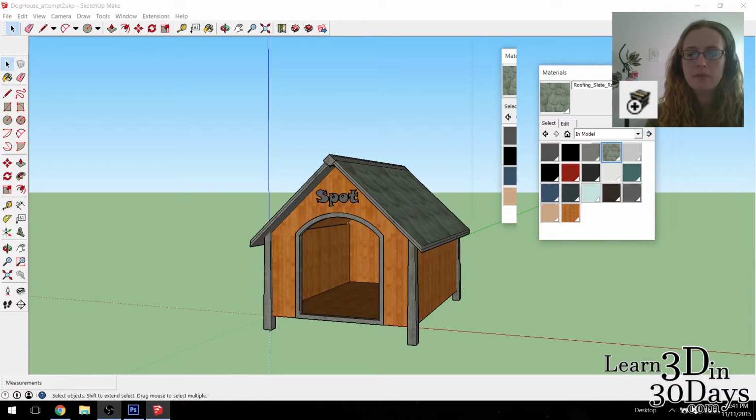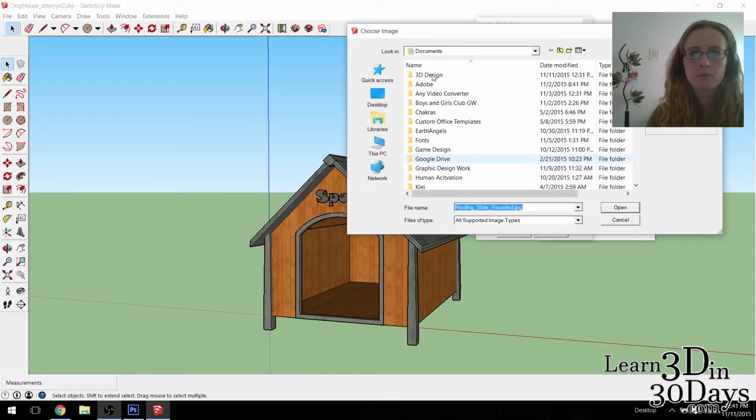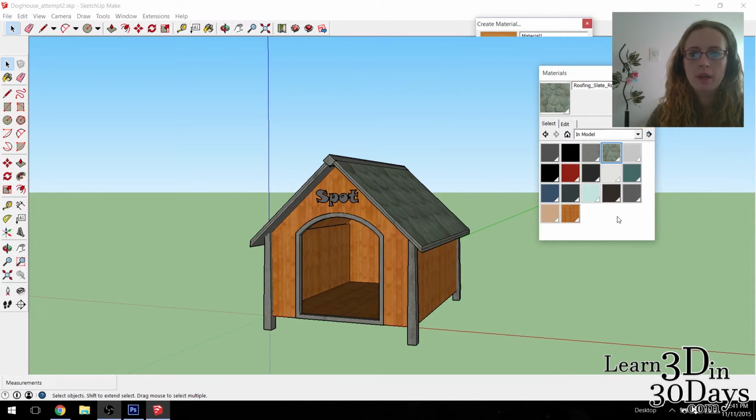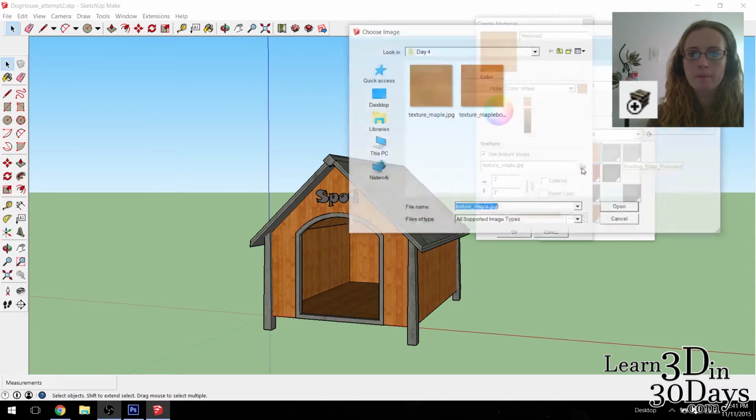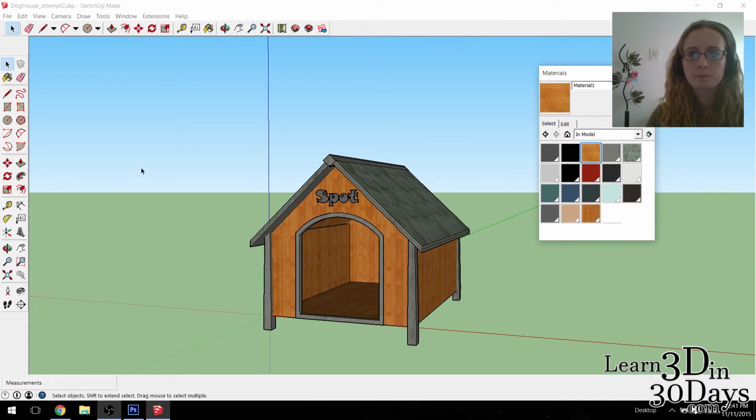We're going to click this button right here called Create Material, then the folder here, and our new textures that we just made. Okay, and one more, the boards. Okay,